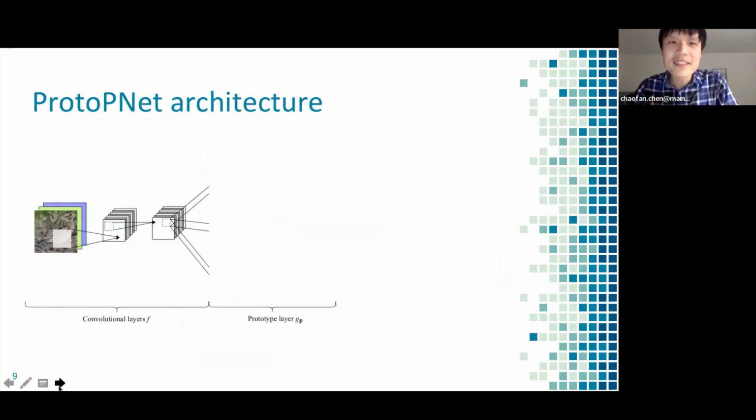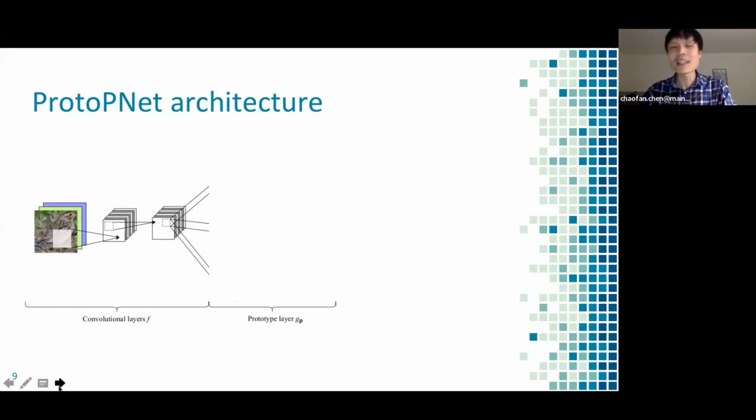And next, I'll talk about the network architecture of our prototypical part network. More concretely, our ProtoPNet introduces a special prototype layer that follows any feature extraction layers. At the time when ProtoPNet was developed, these feature extraction layers were mostly just convolutional layers. But I want to say that since 2019, there have been people trying to use newer feature extraction mechanisms, such as the visual transformer encoders. But I'll stick with the convolutional layers because this is what the original model uses.